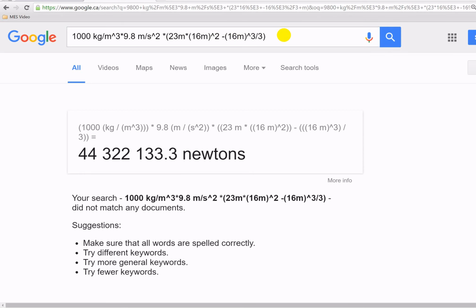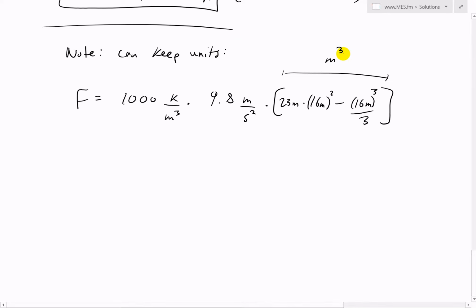Yeah, there you go, newtons. So we didn't even need to do any extra work in determining this is meters cubed. We just plug in the units and it solves it, and we get again 4.43 times 10 to the power of 7 newtons,